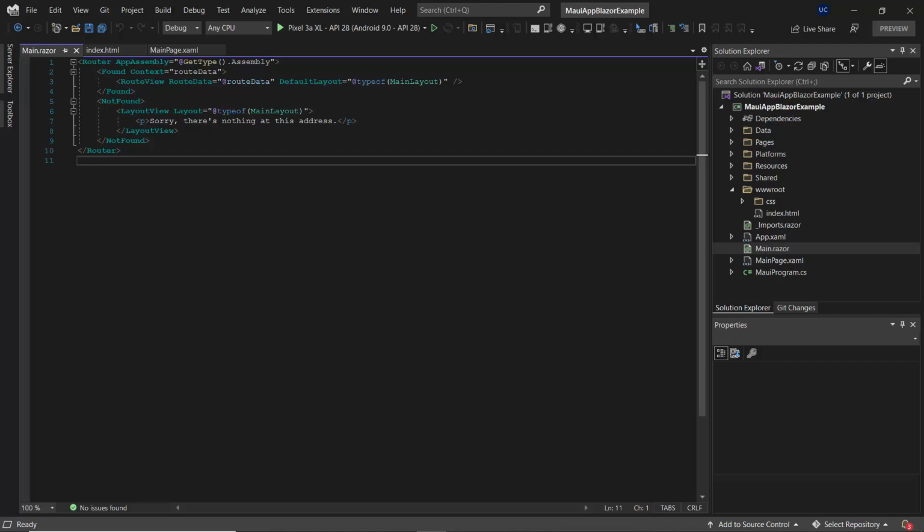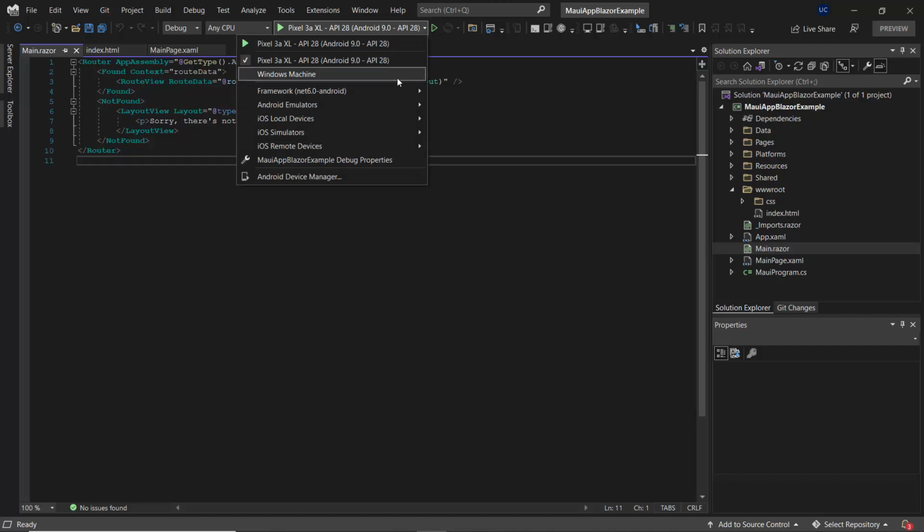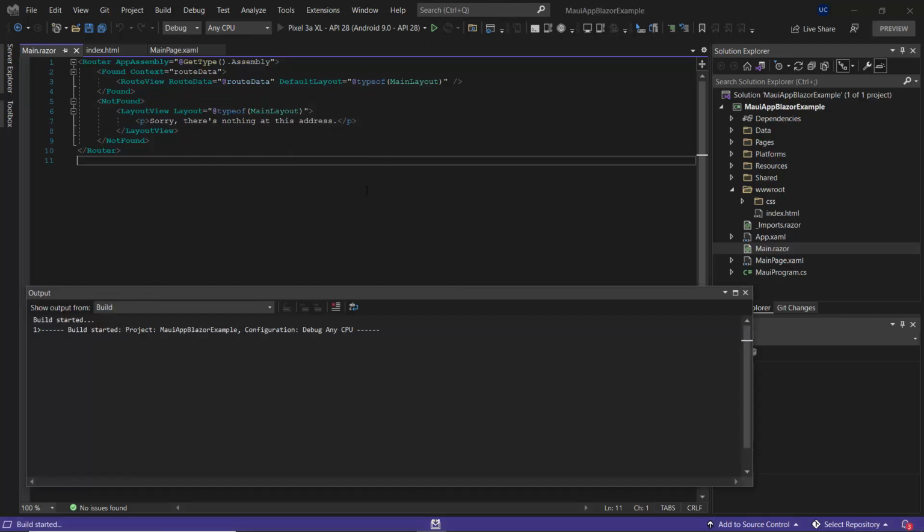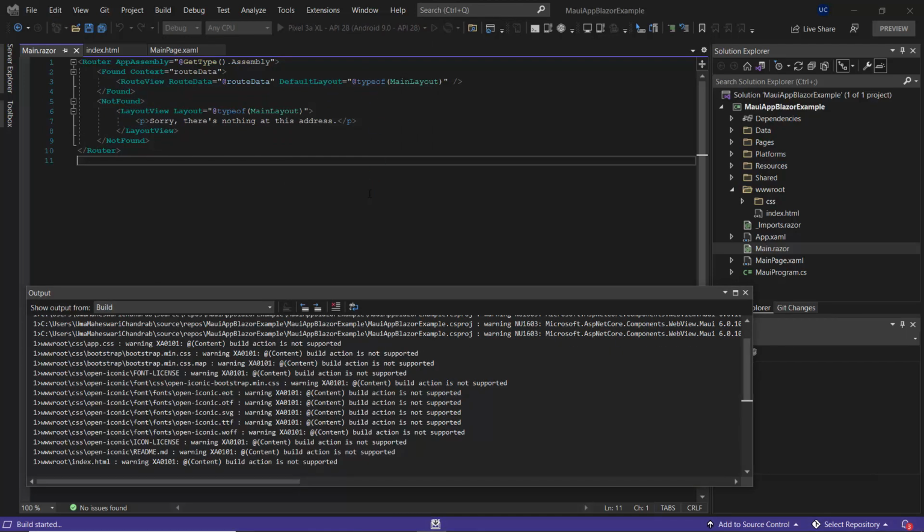So let me run it in the Android emulator now. I have already chosen this Pixel 3a XL Android emulator. I'll directly run my application now. Let's see what kind of output appearance we get.